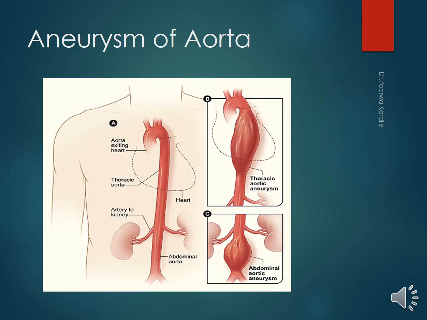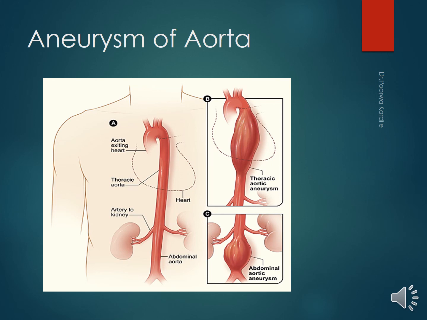Is of aortic aneurysm. Aneurysm means dilatation. So there is dilatation of aorta. It can occur in the thoracic aorta or in abdominal aorta. So the thoracic aortic aneurysm occurs in chest, and it is equally common in male and females, and it